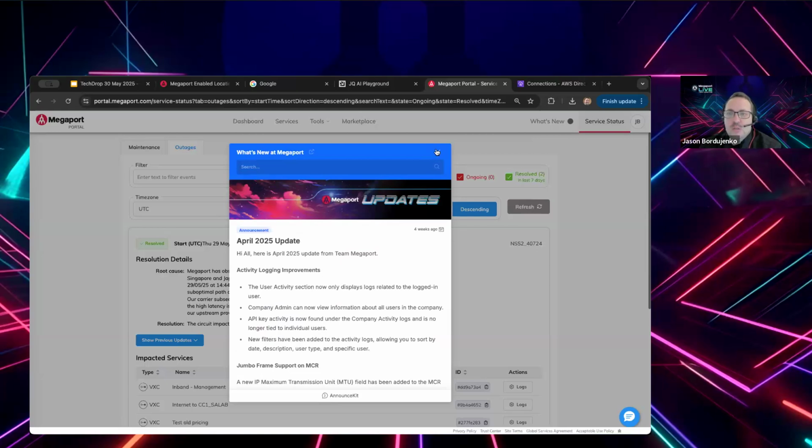And these are some of the changes that some customers have noticed things have started to move. This is not service status that we showed just before, but user activity. So it is important to note user activity now only displays logs that are related to the currently logged in user, not at the company-wide level. If your user level is a company admin, you can view all users and the information on their activity across